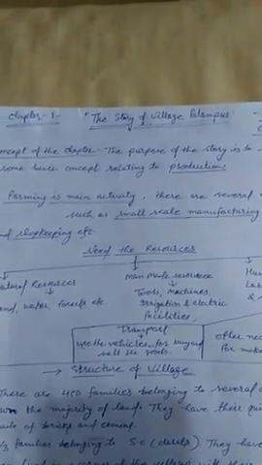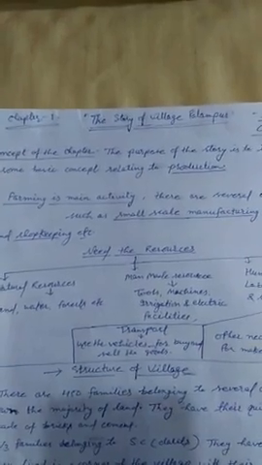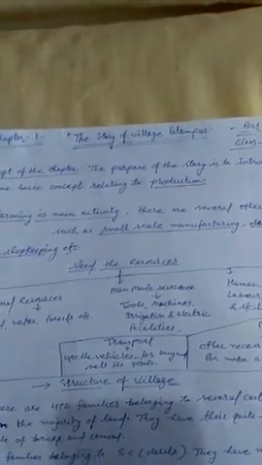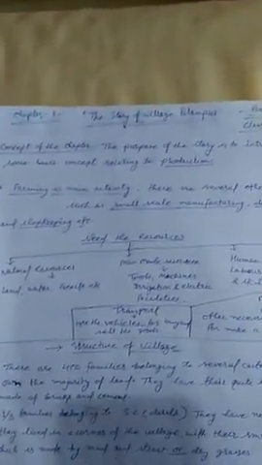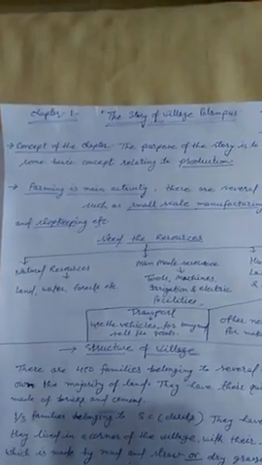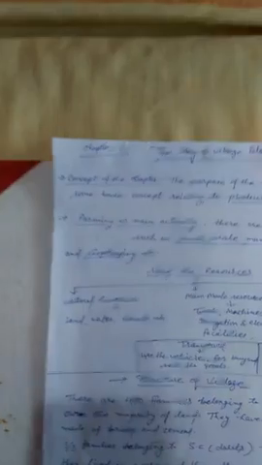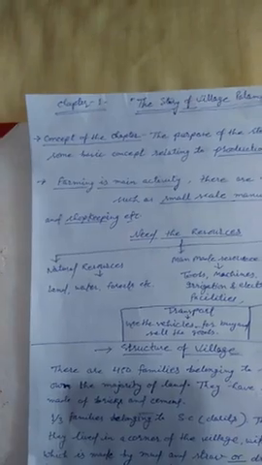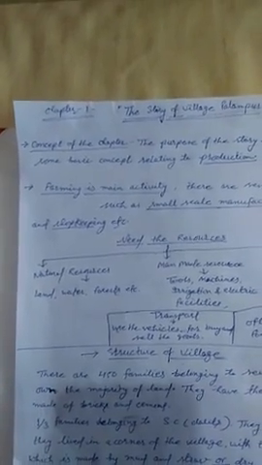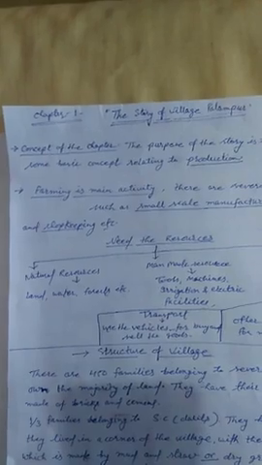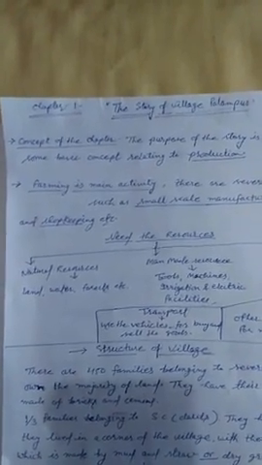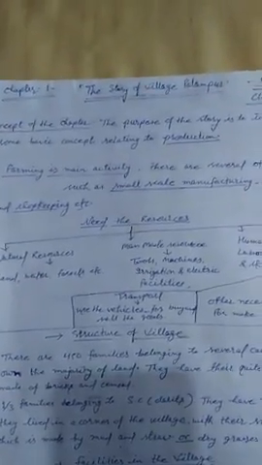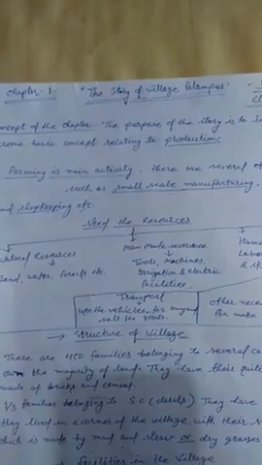Firstly, you should know that Palampur is a hypothetical village. Hypothetical means this is not a real village. This is an imaginary village. Imaginary village means you can learn and understand from this chapter the basic requirements for a village. You know very well that farming is the main occupation of our country, and this chapter also represents our country. Through this chapter we can learn how the people of the village